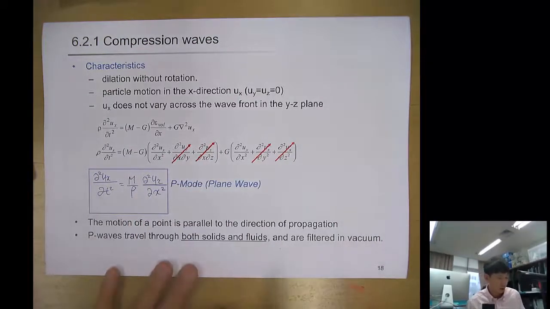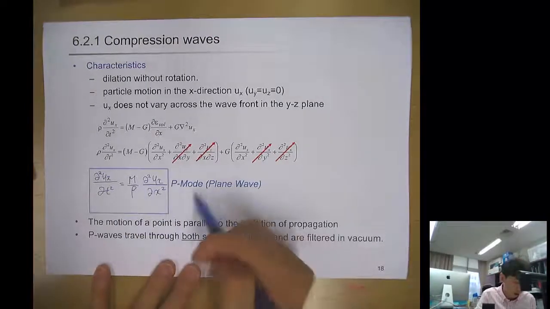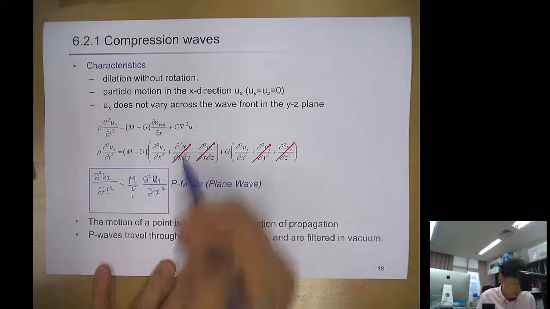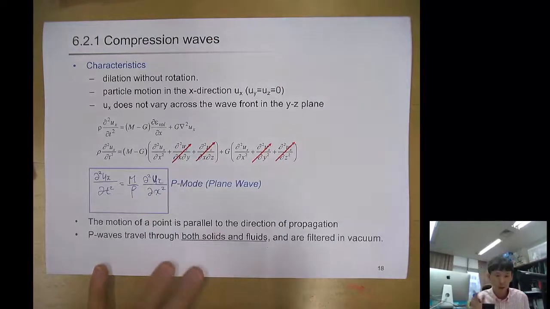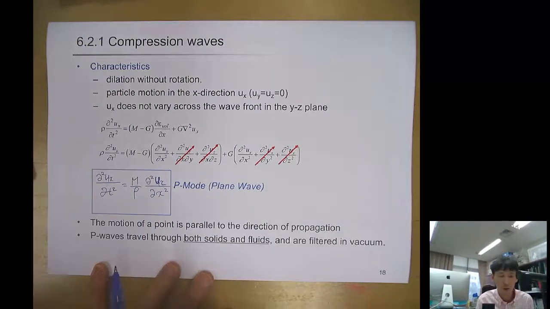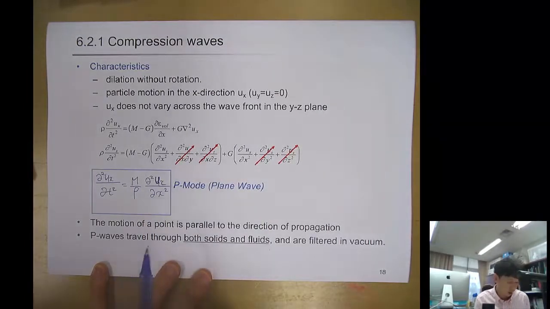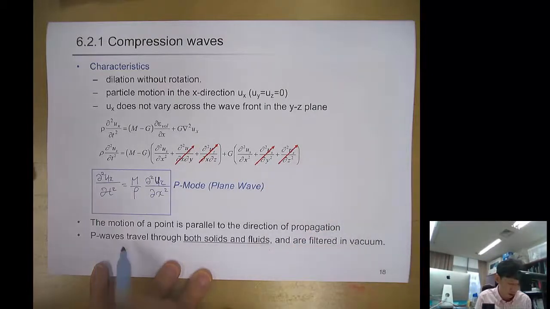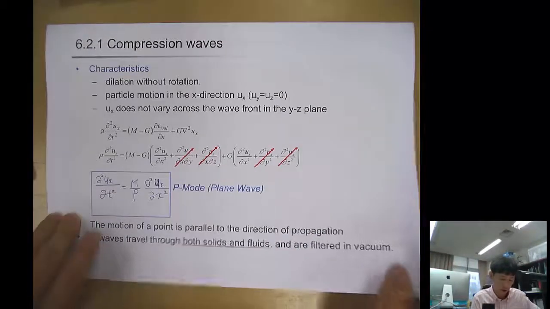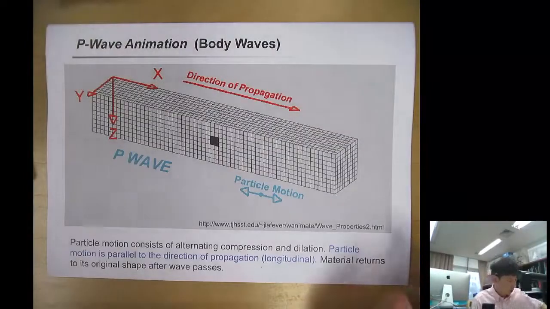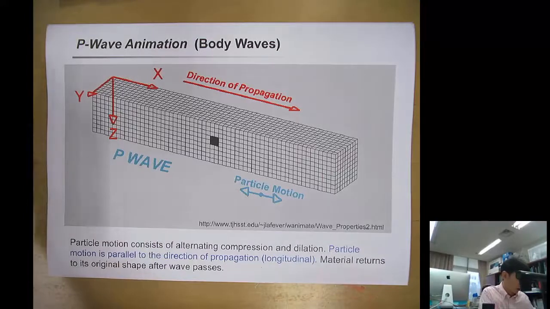to this equation. And you can see that this mode is only, this is the u, related to x direction movement, and also it's affected by the constraint modulus M. The motion of the point is parallel to the direction of propagation. P waves travel through both solids and fluids and are filtered in the vacuum. So I'm going to show this animation in the lecture later